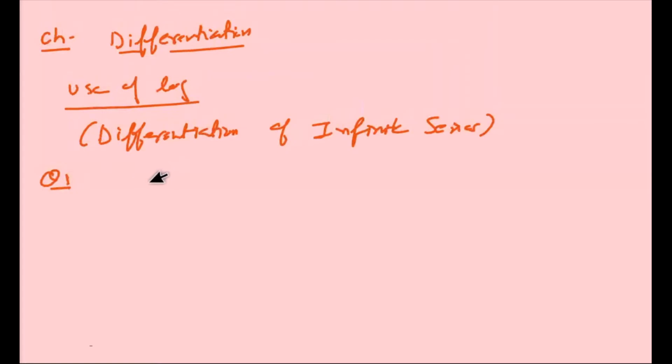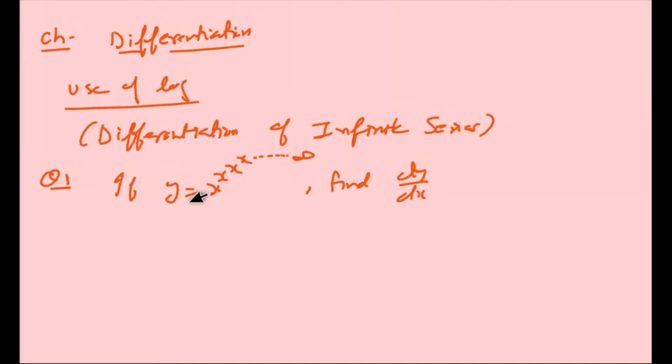So start it. Let the question be: if y equal to x to the power x, again power x, again power x up to infinite, then find dy by dx. Now if y is given in the question, if you write the answer in y, then no problem. If y is not given in the question, then you should not write the answer in y.